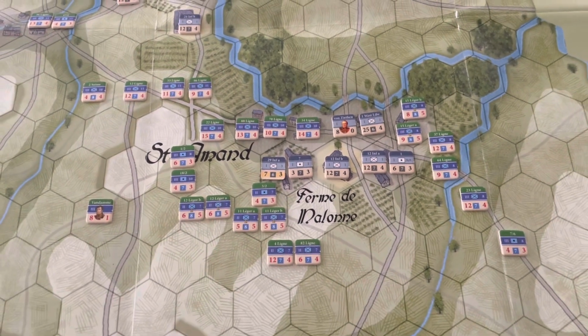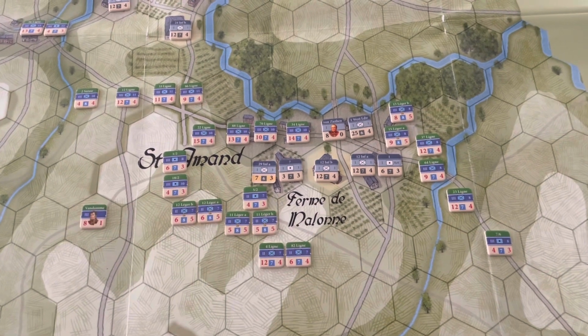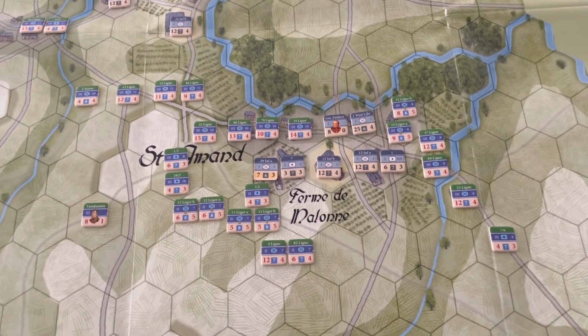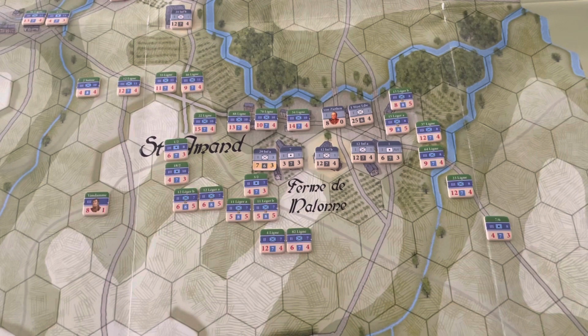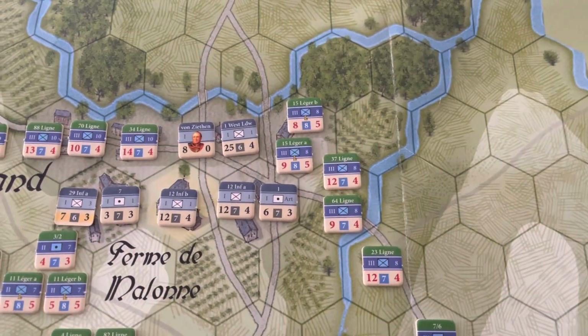Let's see how successful we can be. We're not going to do any close assaults this turn. Assaults will go in next turn for the French as we move into the 4 p.m. turn, but there will be some defensive fire now from. Okay, so the first thing the Prussians are going to do is open fire with the artillery battery at the